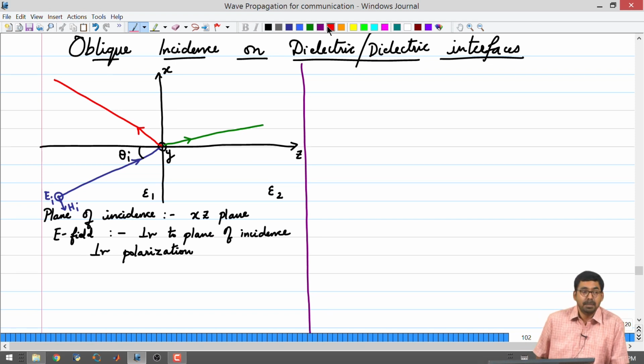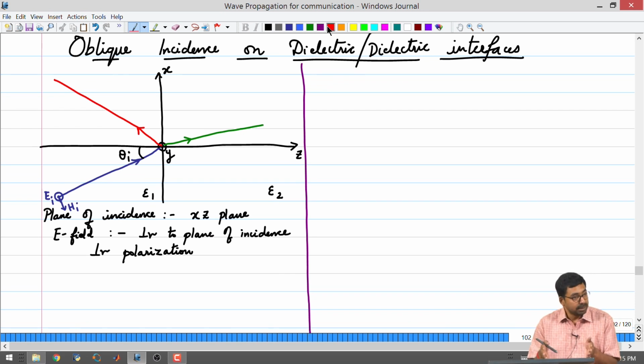Now, we have to make some assumptions. On the left hand side, we are going to be sure that the electric field always remains perpendicular to the plane of incidence. So, we are making an assumption that there is no polarization change with respect to the directionality of the E field. Suppose we say that the E field is pointing out of the plane of incidence. The magnetic field will adjust itself to compensate for the direction of propagation.